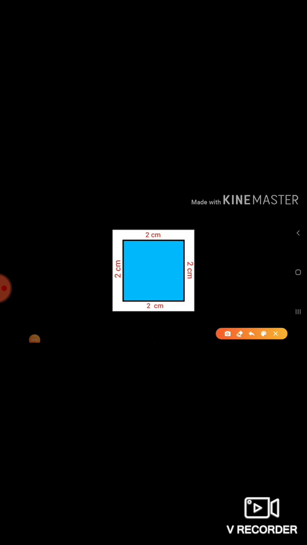So perimeter of the square is nothing but the length of the boundary. In general, perimeter is nothing but the length of the boundary. So here the length is already given as 2 centimeters. So you have to add all those 2's. That is your perimeter of the square. See here, Kanna, 2 plus 2 plus 2 plus 2 is equal to 8. So here 8 is the perimeter of the square. Now shall we find out the area of the square?